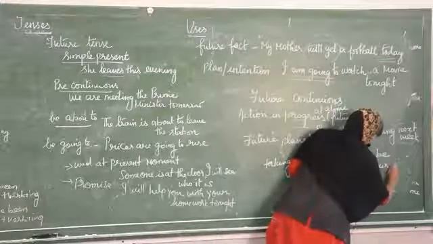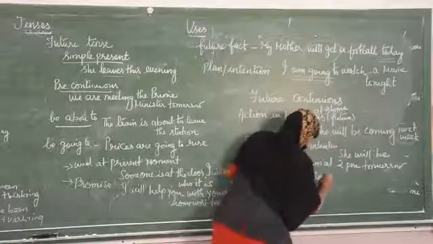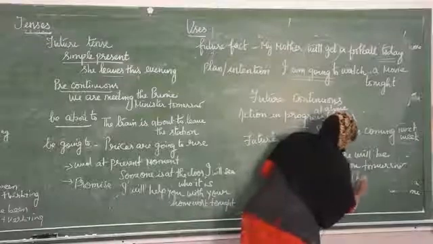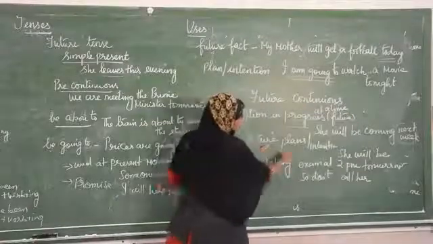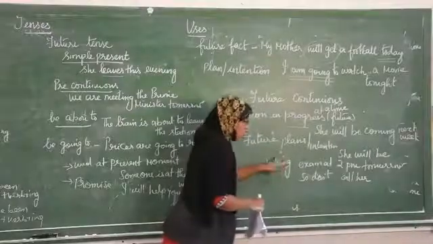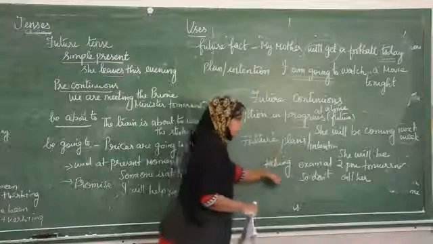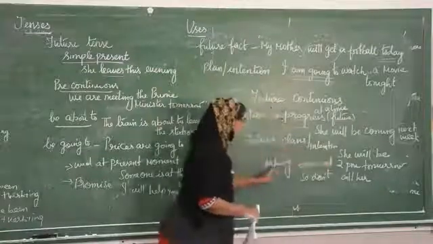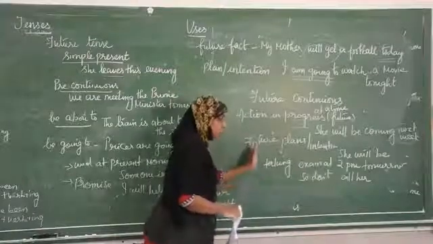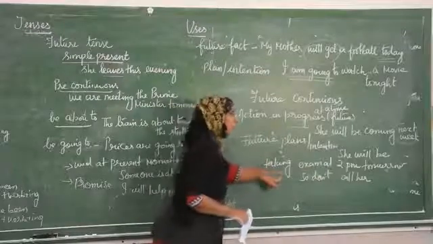Tomorrow. So, don't call her. What is the meaning of this? Future plans or intention. The action is already planned. Tomorrow she is going to write the exam at 2 p.m. At that time, you should not call her. She will be taking the exam. So the action will be going on in the future, that is at 2 p.m. tomorrow. That time you should not call her.